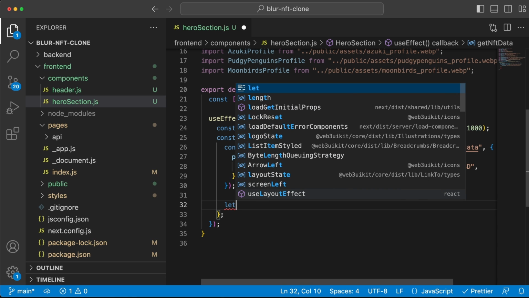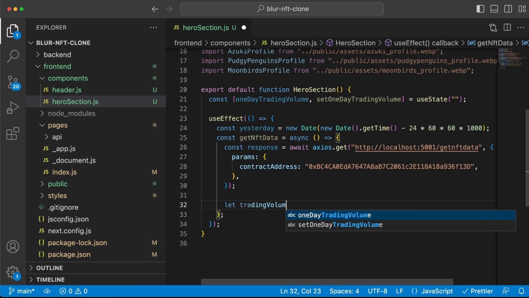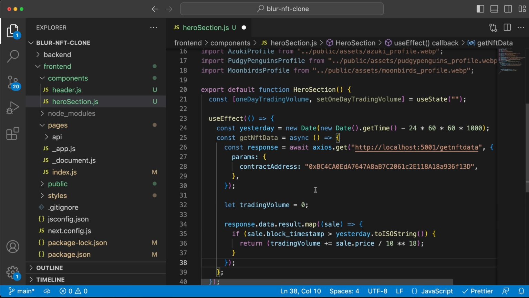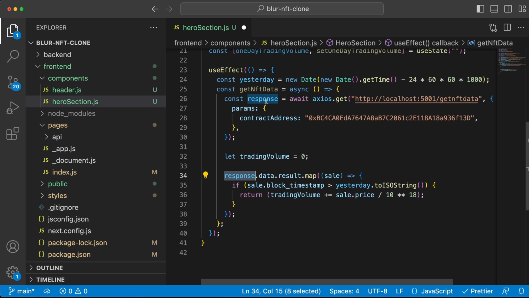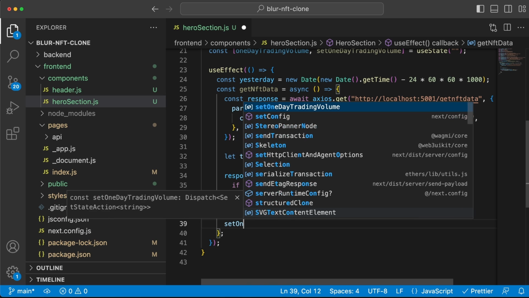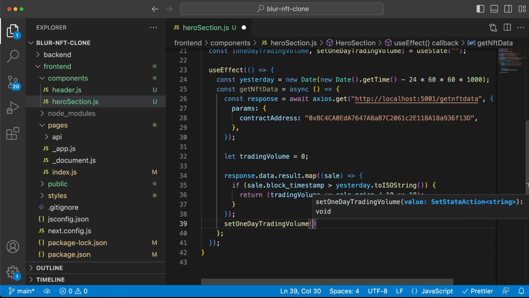Next, we're gonna create a variable called trading volume, set it to 0. This is gonna be a let variable because we're gonna change it, and we're gonna map through the response we're getting back from this Axios request. For each and every sale, we're gonna take the block timestamp and check if it's bigger than yesterday, and if it is, we're gonna add it to this variable right here in the correct decimals for ETH. And once we've mapped through this whole array, we're gonna set this 1-day trading volume to trading volume like this,